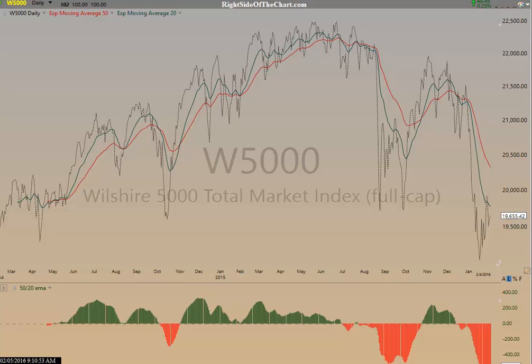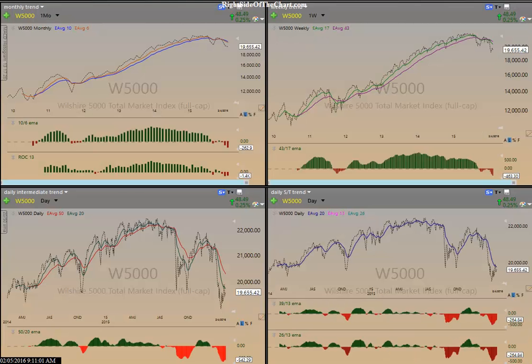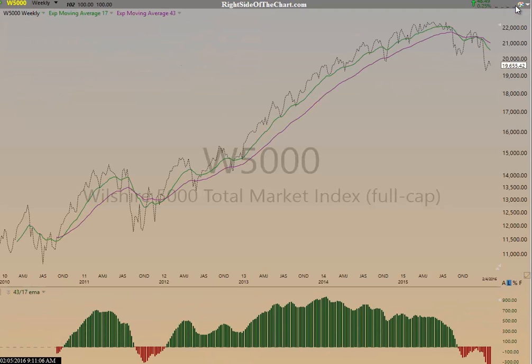And again, it depends on your time period. Short-term traders care about that, but long-term investors shouldn't really care about that short-term trend indicator I just covered on the last page. However, when we get to these longer-term trend indicators, now let's move on to my weekly. This is the Wilshire 5000 on a weekly chart. And I don't have a lot of trading history on TC2000 for some reason. We'll only go back a couple years on the Wilshire, but either way, you can see we're solidly in